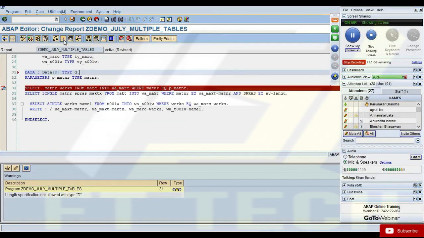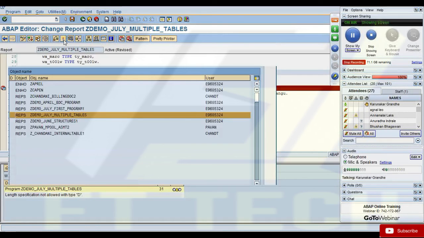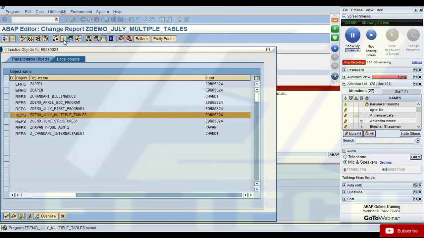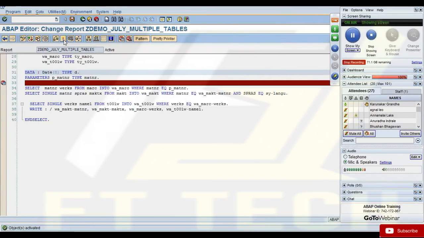So this will not be considered a syntax error, right? No. Okay, because I can still run my program with this warning. It won't stop you from executing your program. But if you have a syntax error, you can't execute your programs. Okay, thank you.